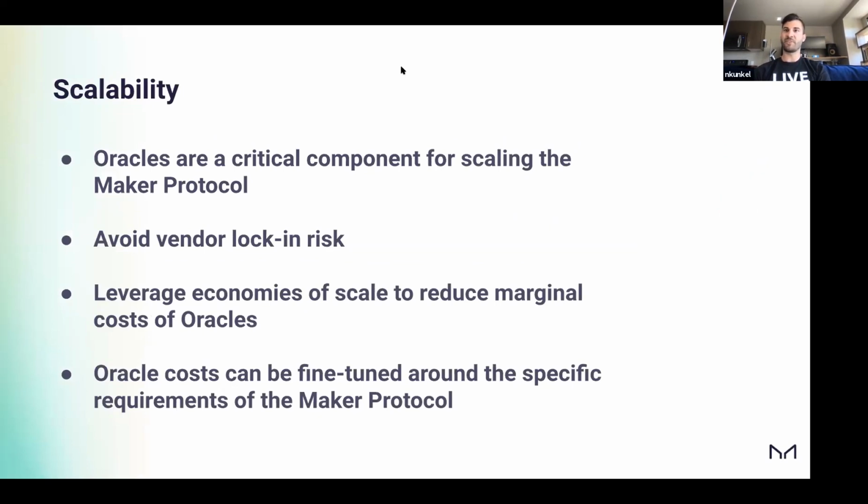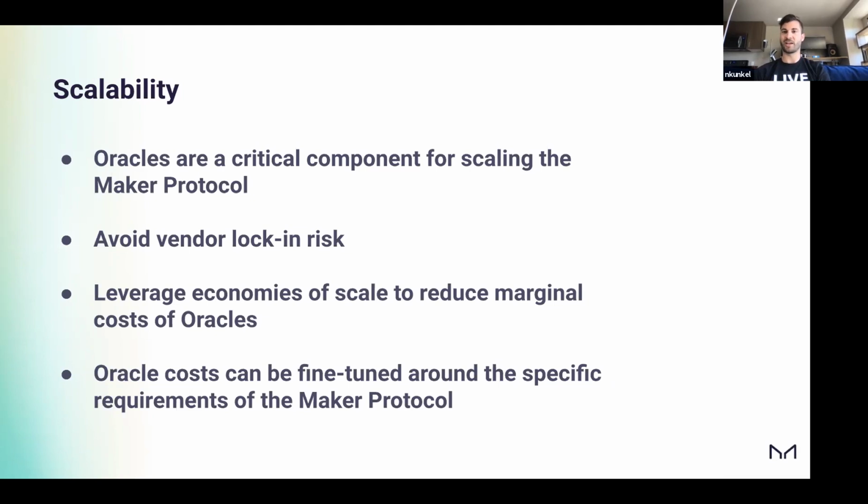And so then we get to scalability, right? Oracles are also a critical component when it comes to scaling the Maker protocol. When you add a new collateral type, you need to price it in a secure and scalable way. This has probably come to the forefront recently, where we've been talking about how the gas cost to operate an Oracle for a year is considerably large. And it's one of those problems where the gas costs currently are so significant that